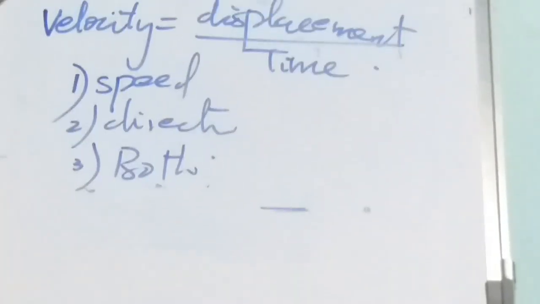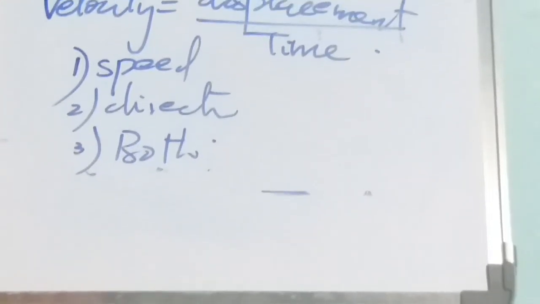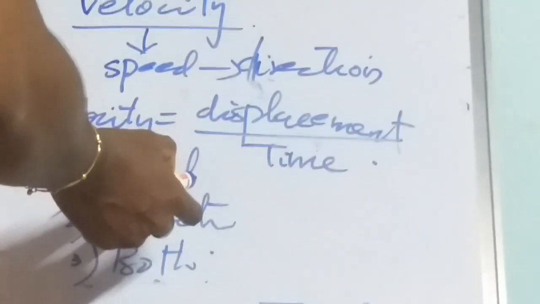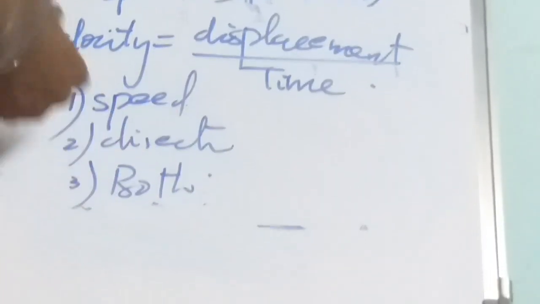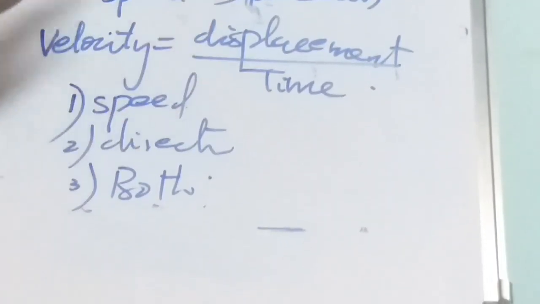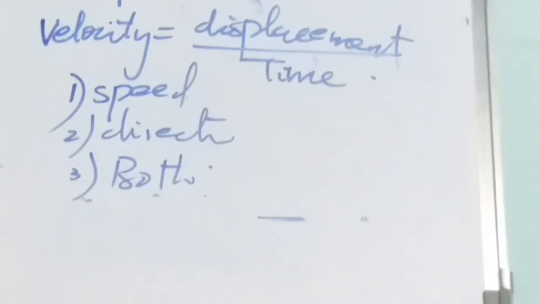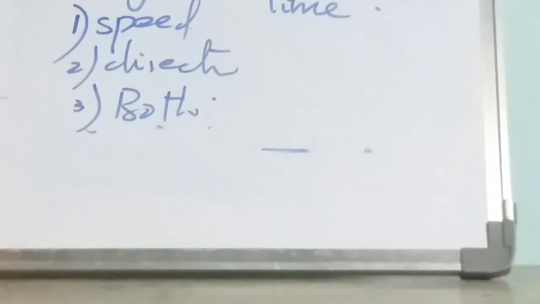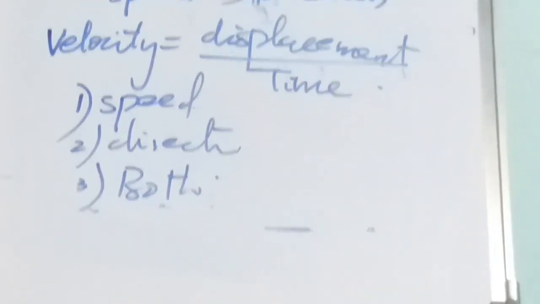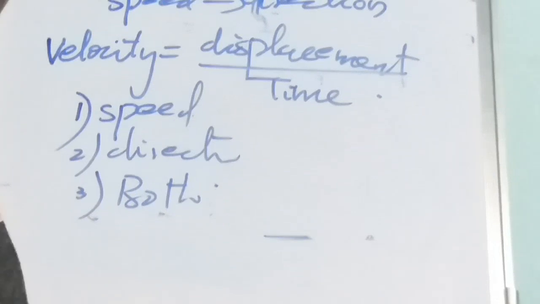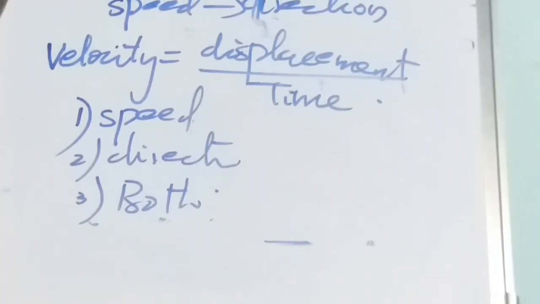When both the speed and direction change, velocity also changes. If the speed of an object changes, velocity changes. If the direction of motion changes, velocity also changes. If both the speed and direction of motion change, velocity also gets changed. So the velocity mainly depends upon the speed of the moving object and its direction of motion. And if the velocity of an object is changing at a uniform rate,